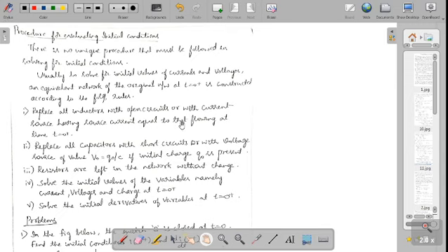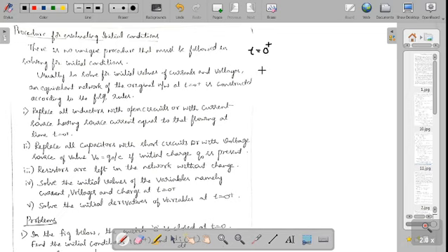So in the first part, you came to know regarding the basics of transient conditions. So here, let us look at the procedures which are used to evaluate the initial conditions. They may ask you to find or evaluate the initial conditions at t equal to 0 plus. You know that 0 plus means the time immediately after the switch is